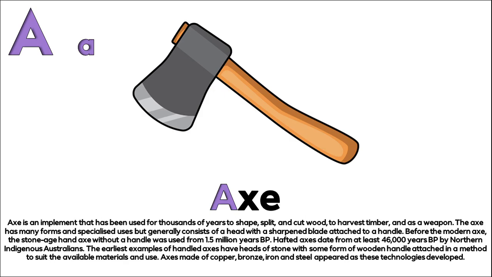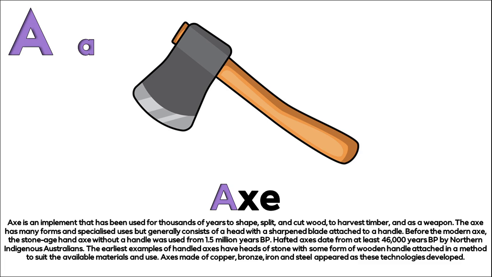A. Axe. Axe is an implement that has been used for thousands of years to shape, split, and cut wood, to harvest timber, and as a weapon. The axe has many forms and specialized uses but generally consists of a head with a sharpened blade attached to a handle. Before the modern axe, the Stone Age hand axe without a handle was used from 1.5 million years